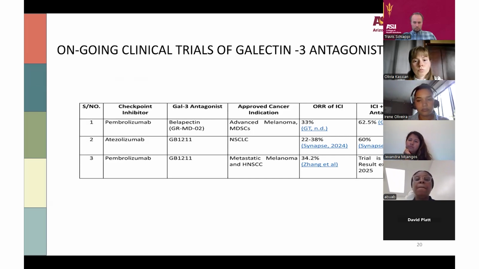But if you look at the table here, when those that had advanced melanoma were treated normally with just ICI, the response rate was just 33%. But in the clinical trial, when they tried using a galectin-3 antagonist, we can also see the response rate increase. This is giving us a positive, a good thing to go into, to really work on this. And for